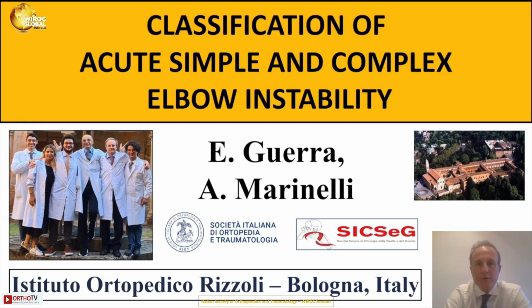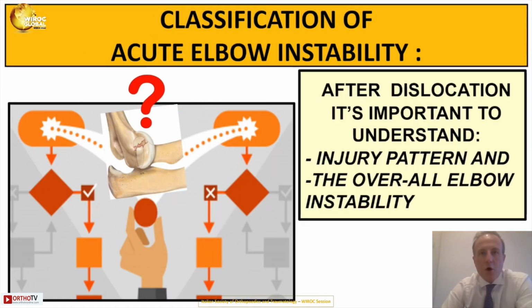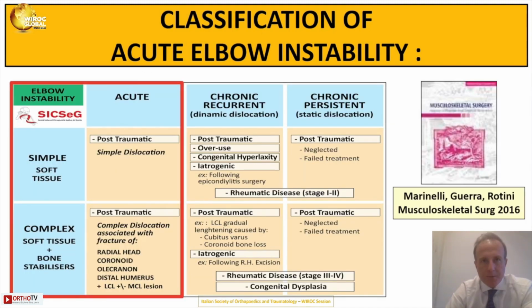I'm going to present you the classification of acute and complex elbow instability. The classification of acute elbow instability is important because after an elbow dislocation, a successful management can be achieved only by understanding the specific injury pattern and the overall elbow instability. And treating properly the acute elbow instability is the best way to decrease the opportunity to treat a chronic instability